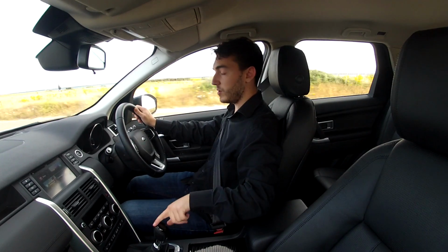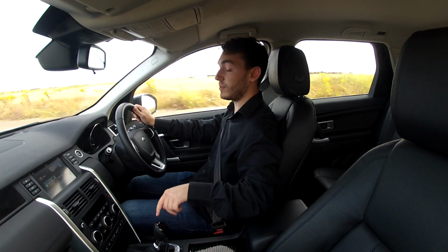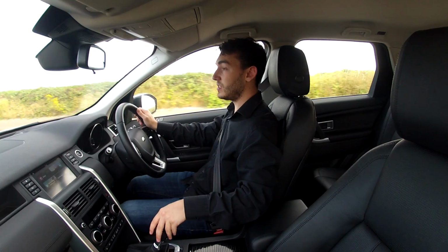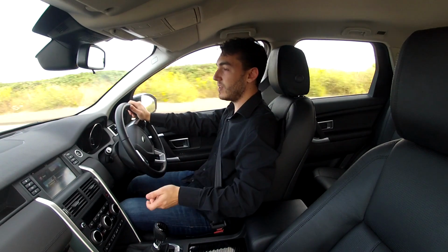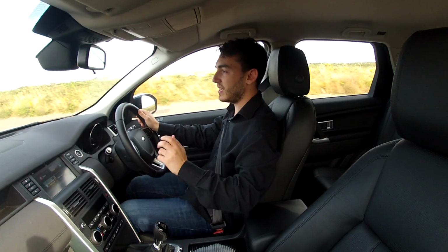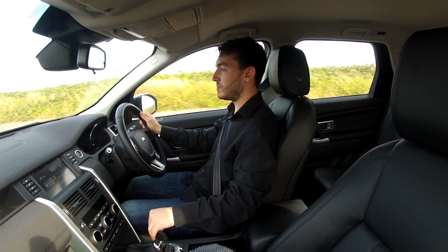I know there's been some gripes about this 6-speed manual transmission. There is a ZF auto gearbox that you can option in it. Personally, I don't think it's too bad. Yeah, the throw is a little bit long, but I mean, this isn't a sports car. We're not looking for snick gear changes. I think it's perfectly adequate for the